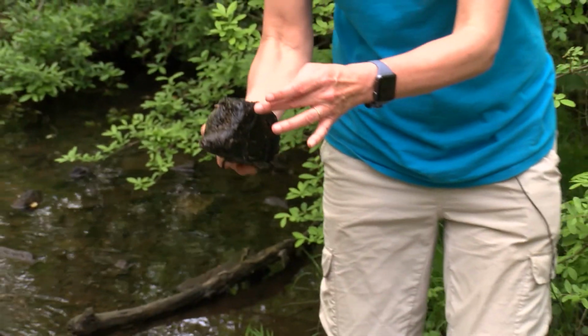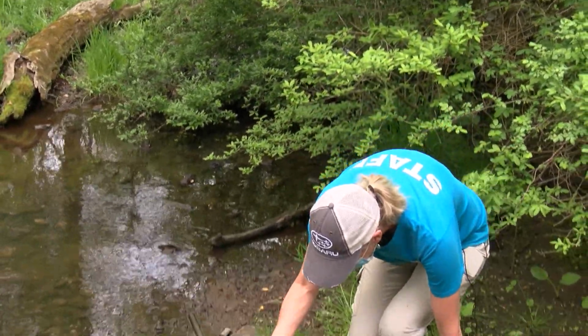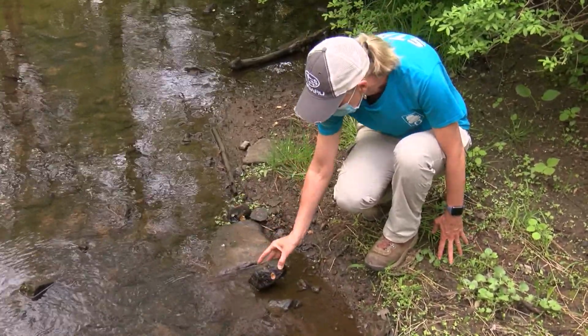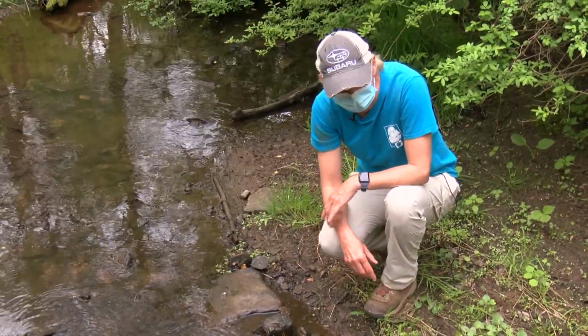So one of the things you're going to do if you are checking out the wildlife that lives in the creek, just make sure you put the rock back very gently where you found it, because this is an apartment complex for many critters. And you can learn a lot just by sitting by the side of the creek and seeing what